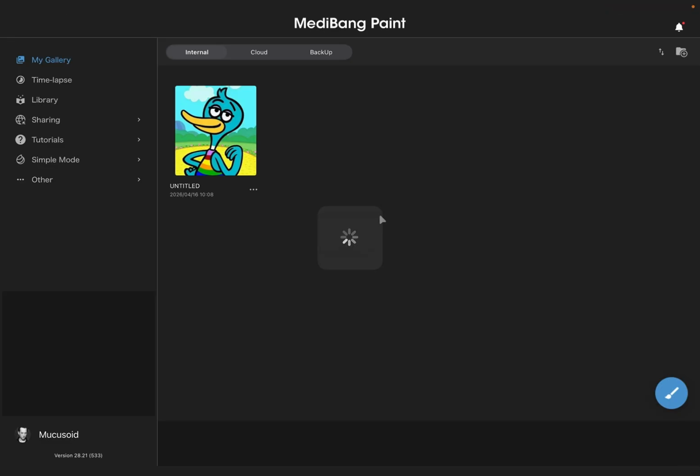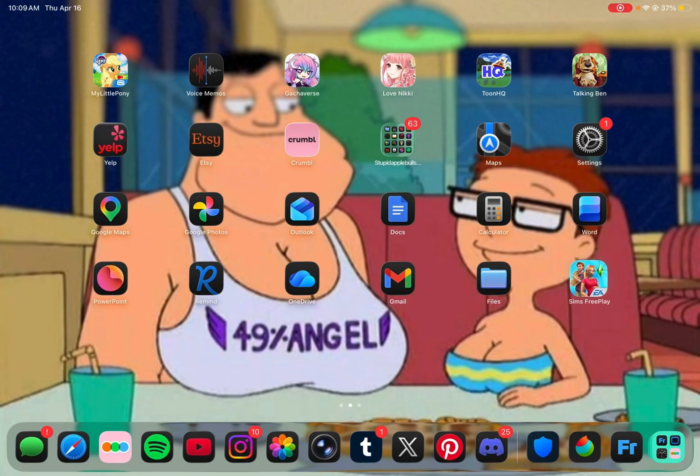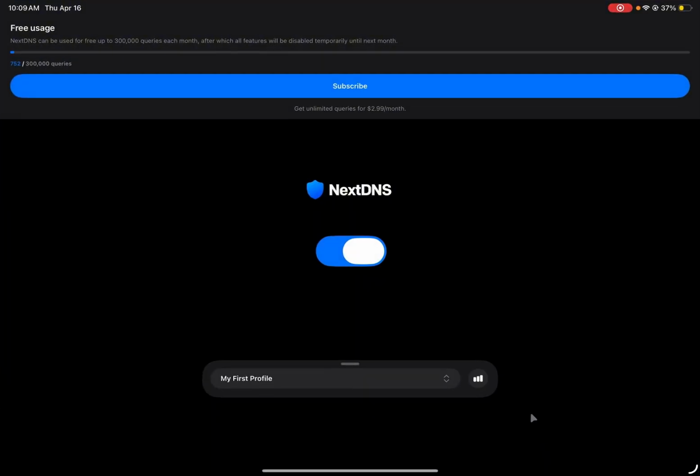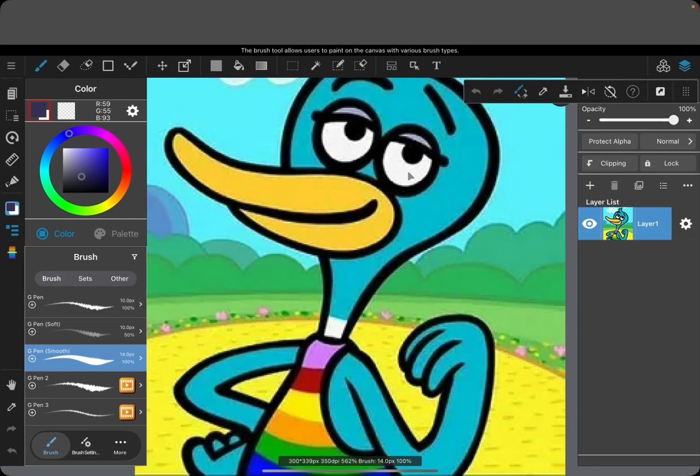It can't. Oh, what's this? Nothing up there? My dirty little secret. Next DNS. I can't click into any other menus because it's probably going to show my IP address. I'm scared about this. I don't know what this means. I just downloaded this today and I don't know why the number's so big already. And I'm scared. Also, I shouldn't have to use an ad blocker to use an art program,